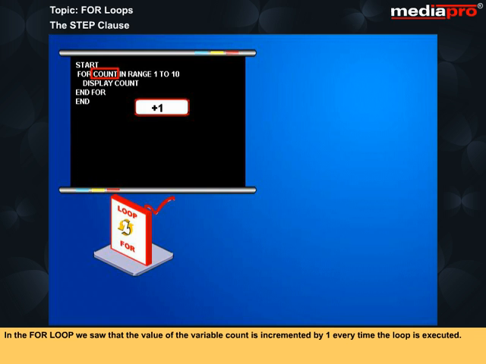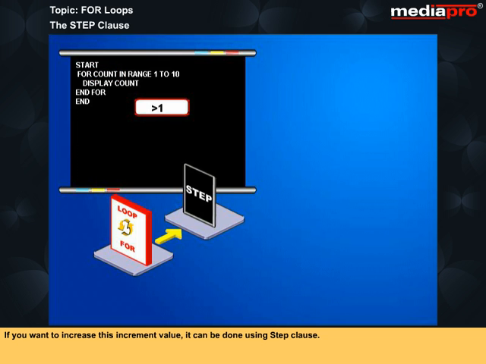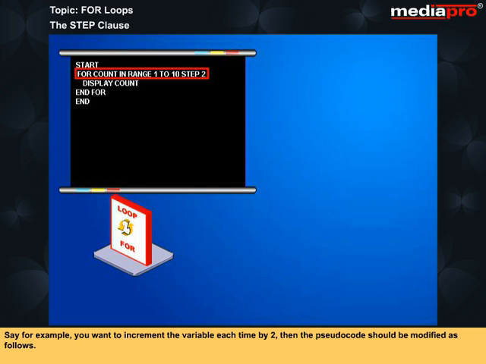In the for loop we saw that the value of the variable count is incremented by 1 every time the loop is executed. This is done automatically and is called the default increment value. If you want to change this increment value, it can be done using the step clause. Say, for example, you want to increment the variable each time by 2, then the pseudocode should be modified as